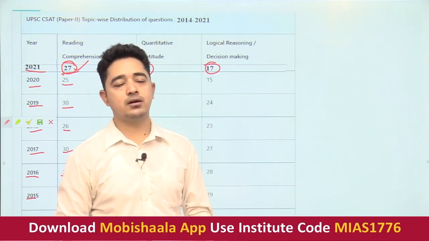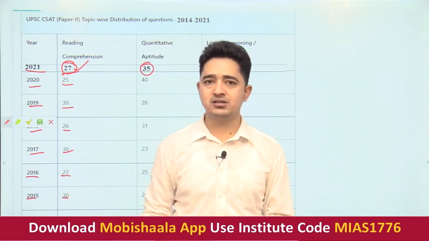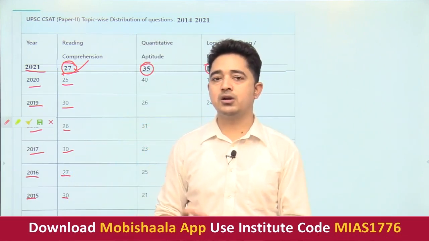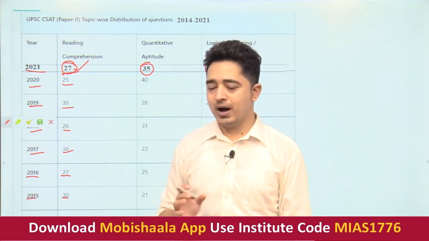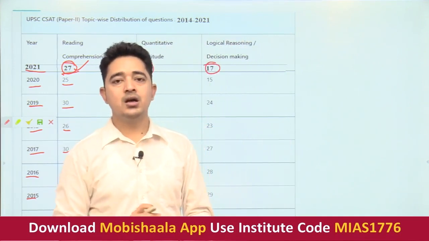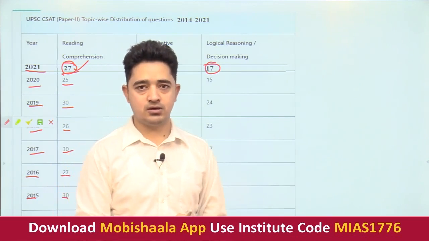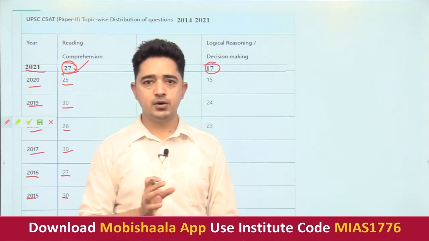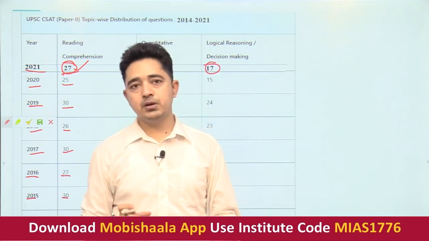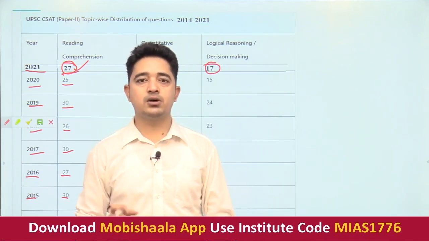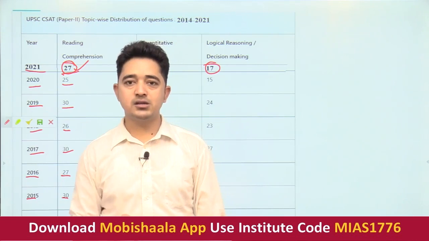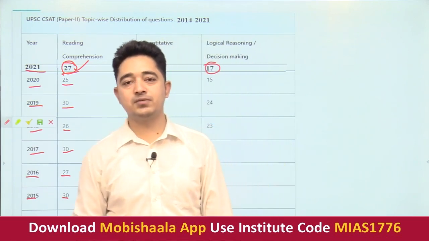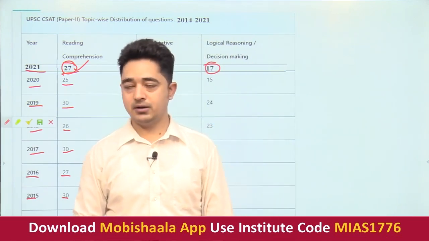Some passages were fiction based, some non-fiction, some based on economy or political topics. You have to understand this even if you are not aware of that particular subject, because some passages are directly extracted from The Hindu, Economic Times, and different newspapers and magazines. It is not possible to cover all newspapers in a day, because aspirants read the newspaper just for current affairs. But for the reading comprehension portion, we have to understand which portion is important, right?